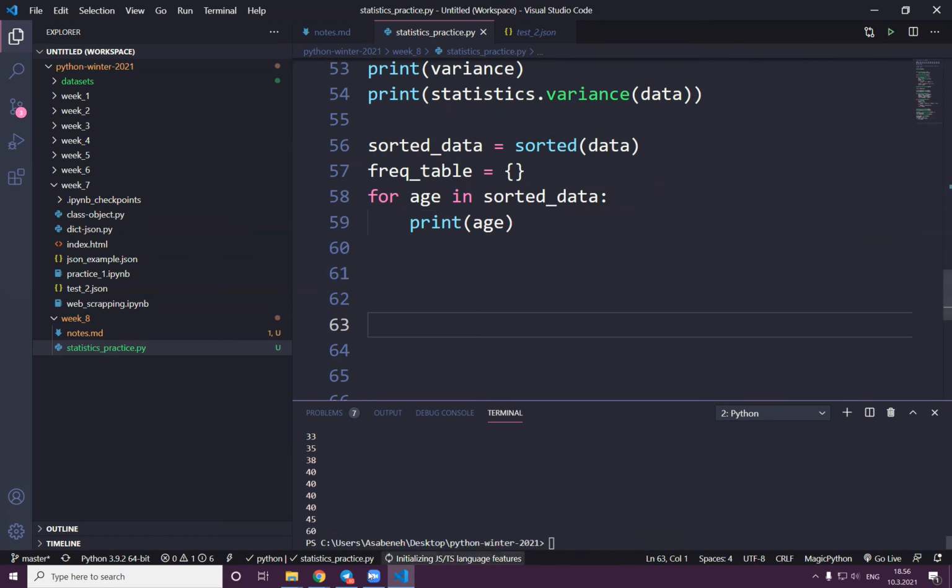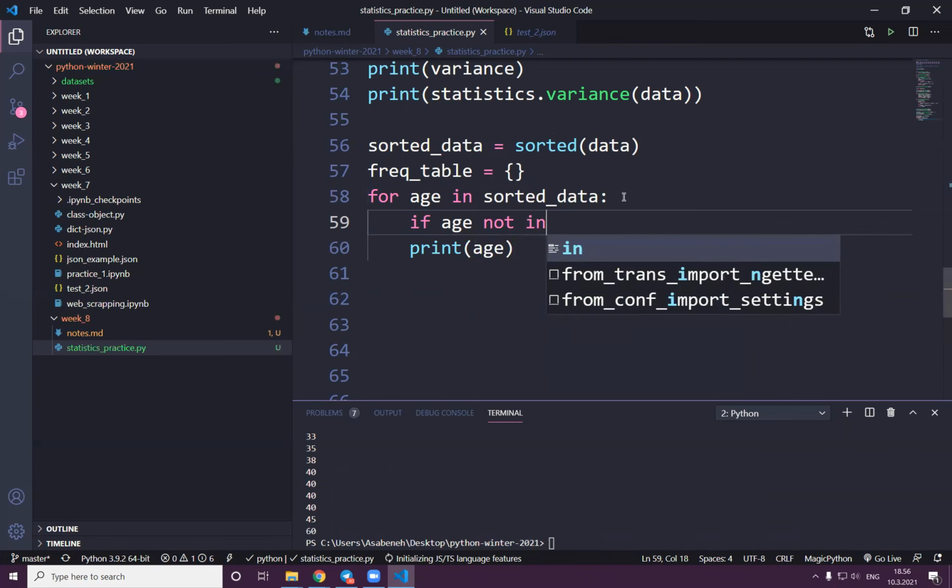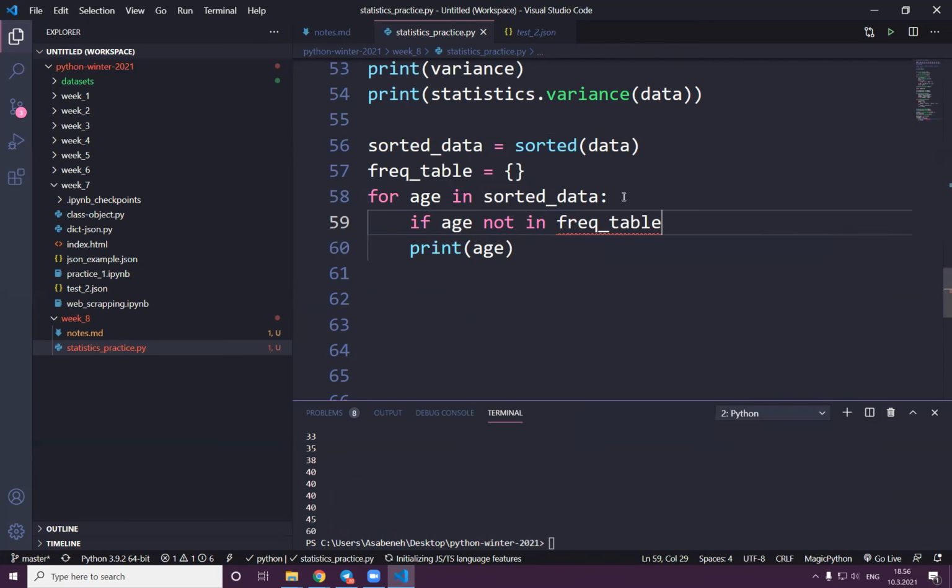And then if I do this, I printed out all of them. Yeah, but that's not the point. I want to count them. Okay, how? Actually, if age not in freq table,